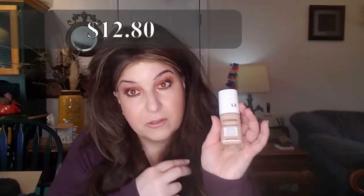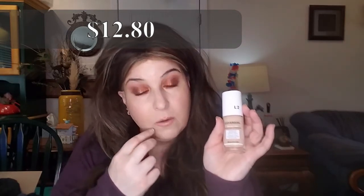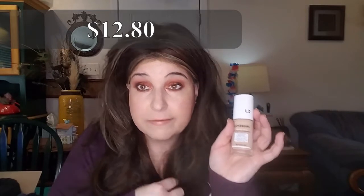I usually buy this on Amazon. I don't know if it's been discontinued or something, but they do still sell it on Amazon. I am in the color Classic Ivory L2, and this is like my holy grail drugstore foundation, and I really